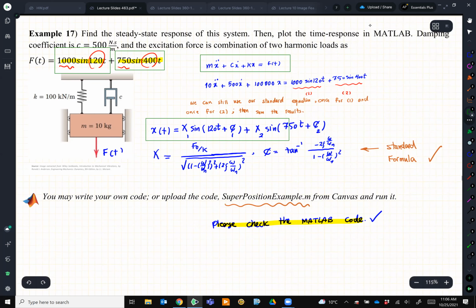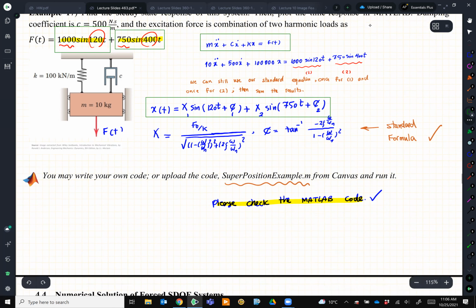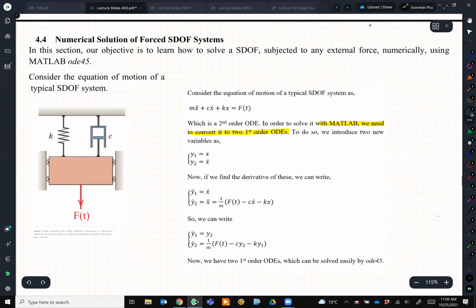All right. And also I put a MATLAB code there as well. Please check those MATLAB codes, because when we get to N degree of freedom, we're going to use MATLAB more, and you better know how to use these MATLAB codes. Not too much coding, actually, it's just plotting for now. And then